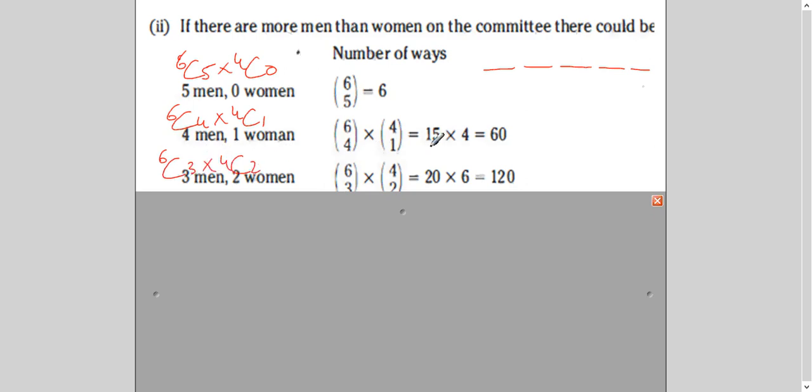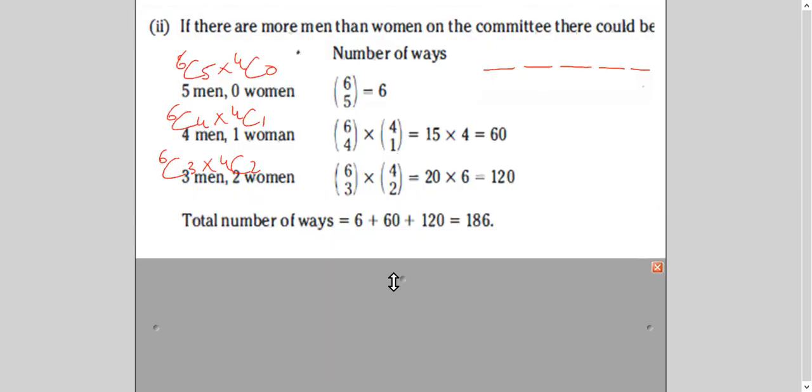So after that, whatever answers you get, you need to multiply within each case and add each one of them. Why are we adding here? Do you know the reason? Because these are different situations in which we are selecting the team. My team is complete here. I am selecting 5 men and my team is done. Or I'm selecting 4 men and 1 woman. So I don't need to multiply them.